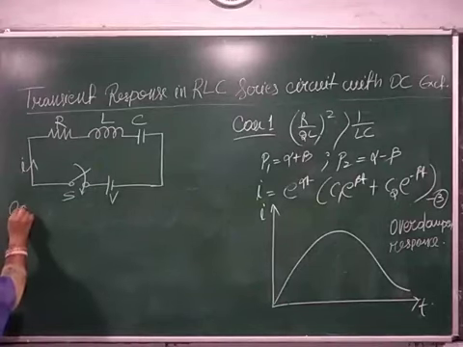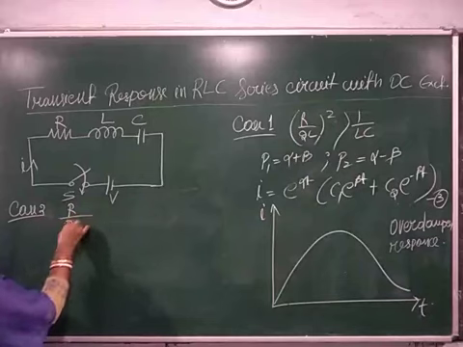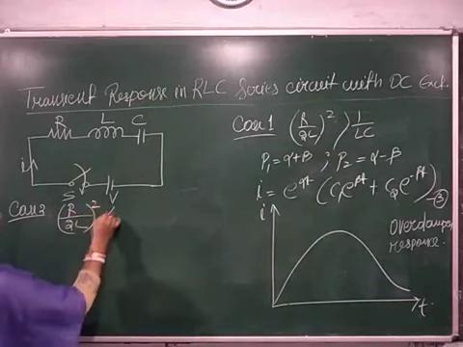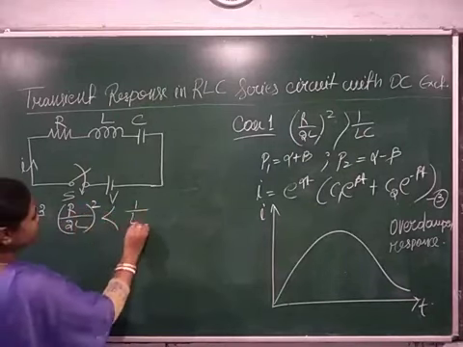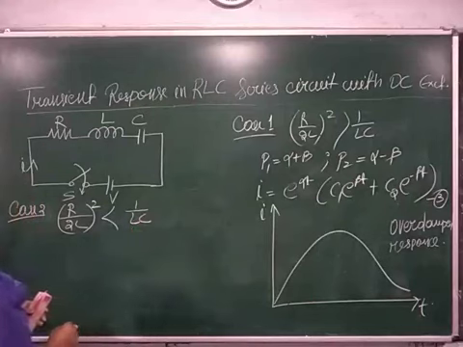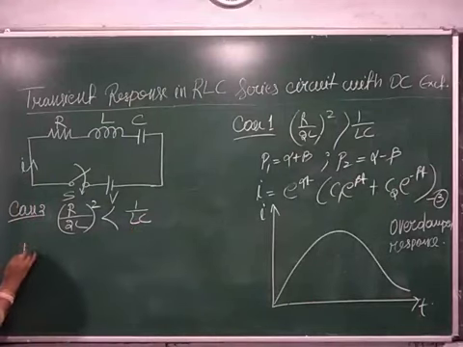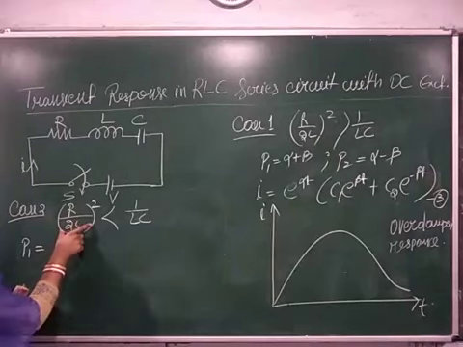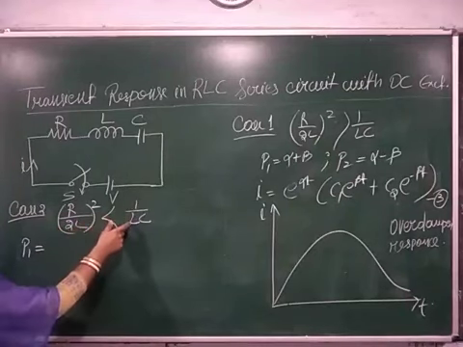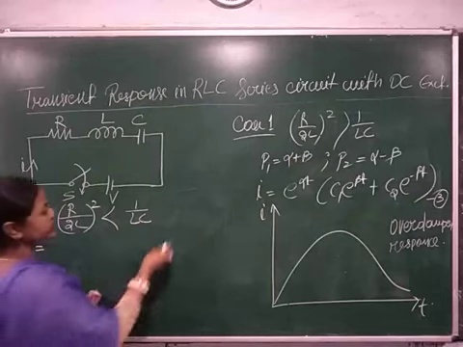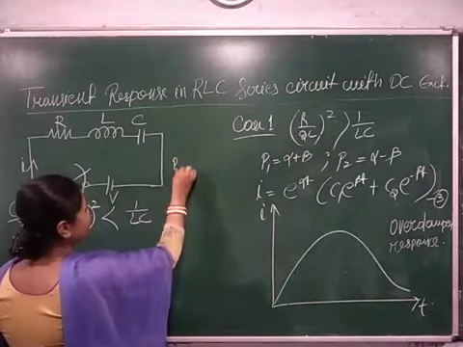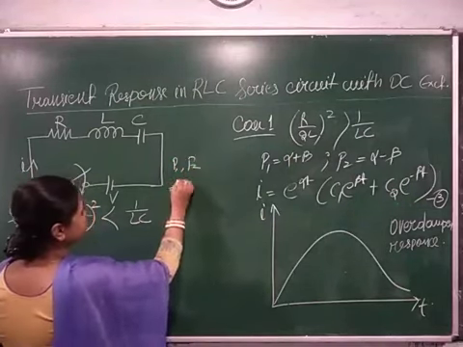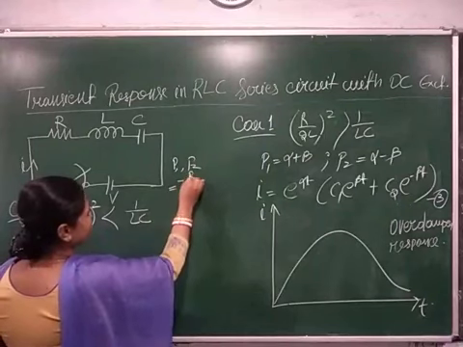Case 2, R by 2L whole square is less than 1 by LC. You know the two roots P1 and P2 when R by 2L whole square is less than 1 by LC. Here again I write the two root values P1 and P2, that equation is minus R by L